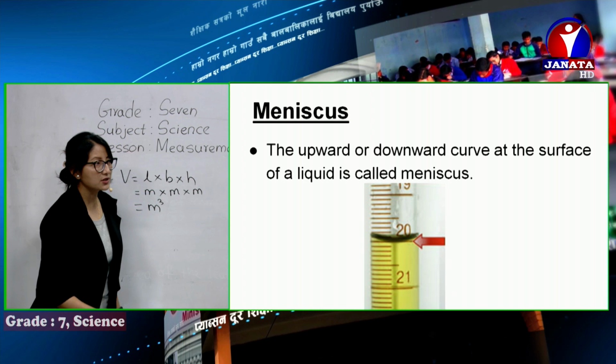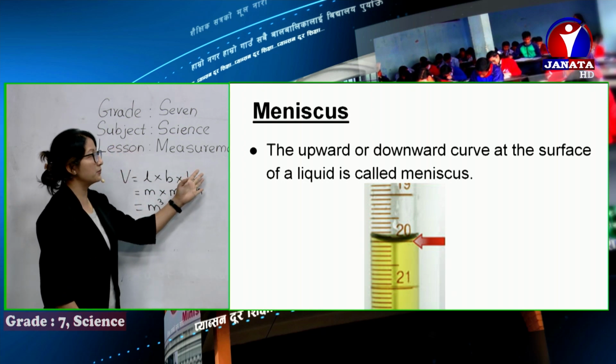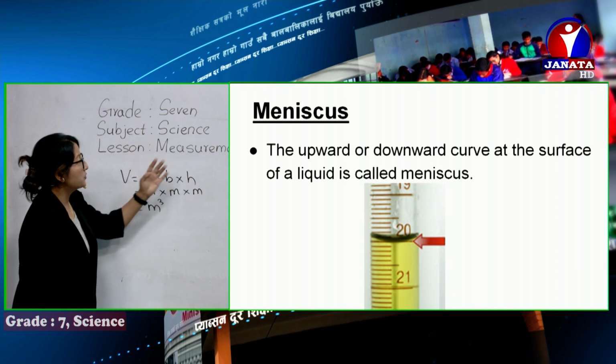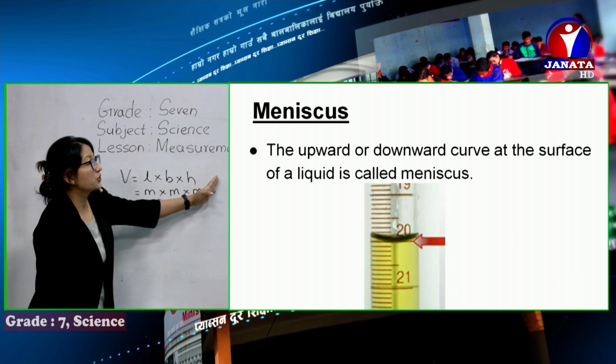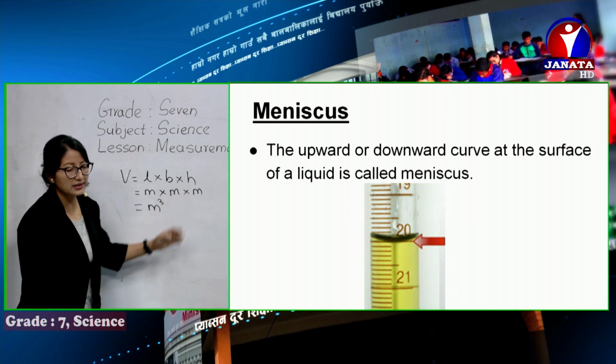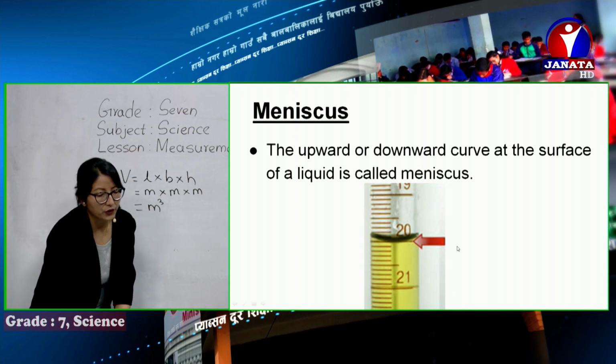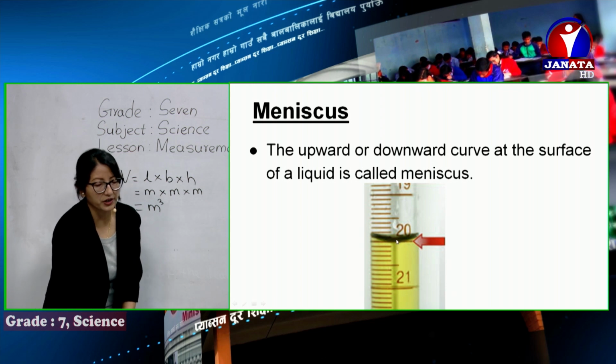Then the next topic is here. Now we're going to measure the volume of liquid as well. So let's keep this simple topic in mind. It's been written here, meniscus. You can just check over there. The measuring cylinder is here, and a liquid is kept over there, and the arrow being shown is pointing towards a curve. You can see the downward or upward facing curve here on the surface of the liquid. This sort of curve is called meniscus.